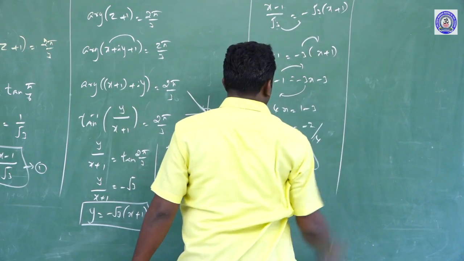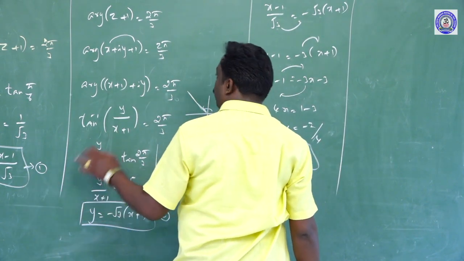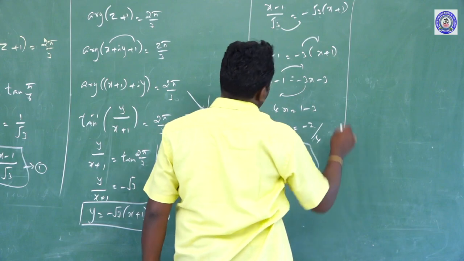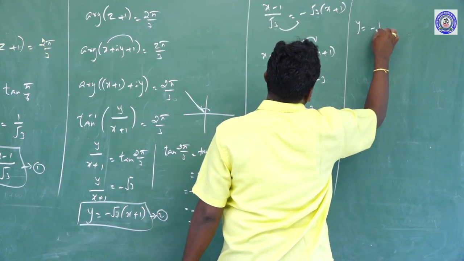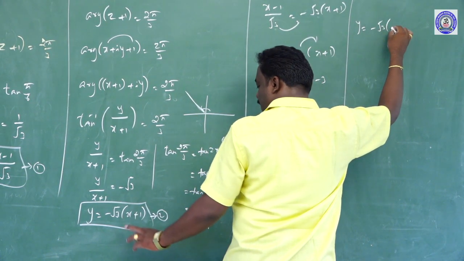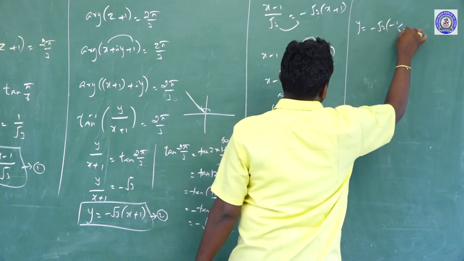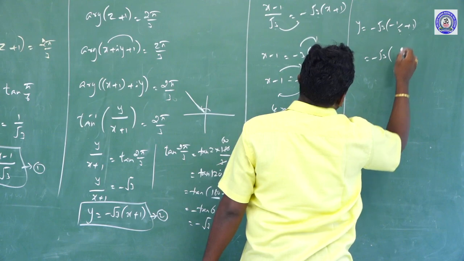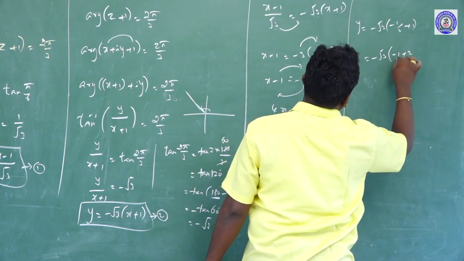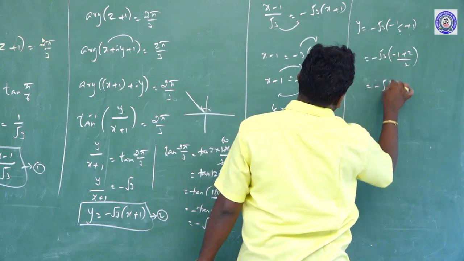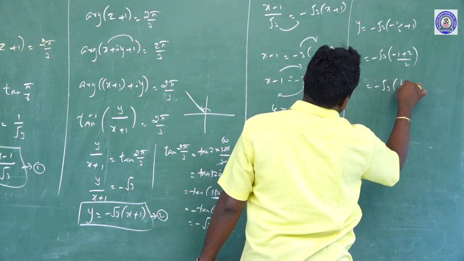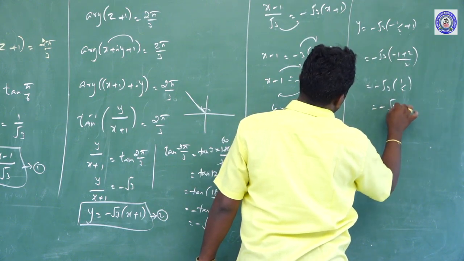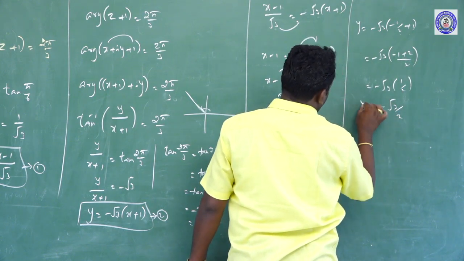And this x value, substitute in the y equation. Put it in any one of the y equations; put it in the second equation: y = −√3 x + 1, with x = −1/2, plus 1, that is equal to −√3 times, just multiply the term, (−1 + 2)/2, that is equal to −√3, and separating the 1 by 2, that is equal to −√3/2, which is called the y value.